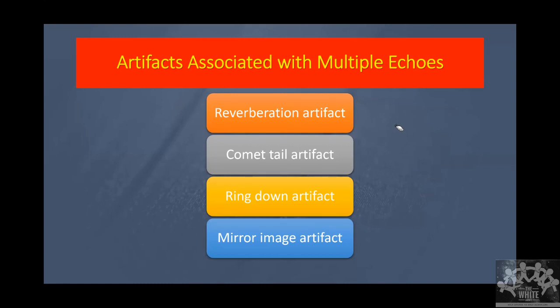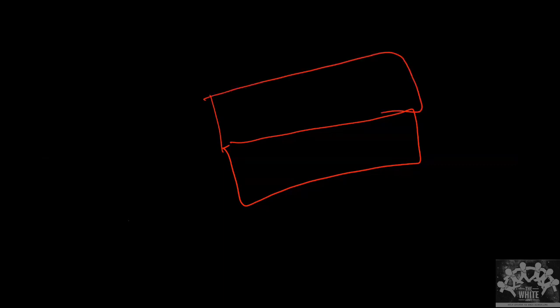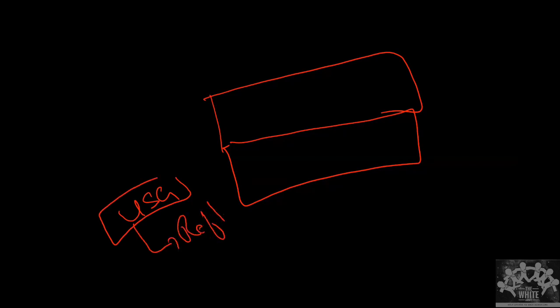Now it is very important to understand the artifact of these echoes: the multiple echo artifact happens whenever there is air. That's very important. What I told before was that the reflection of the sound is the principle behind ultrasound. The reflected sound I call an echo, and the sound that I have sent is called a pulse. I send a pulse, and what I get back is an echo. That's what I measure, and this reflection depends on the impedance of the two media.